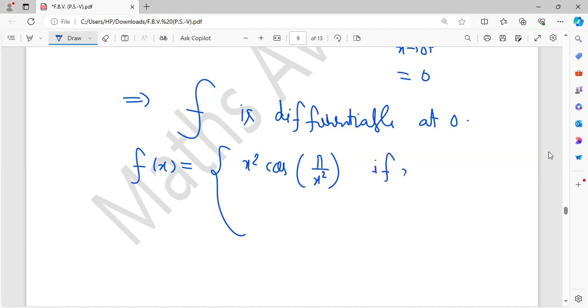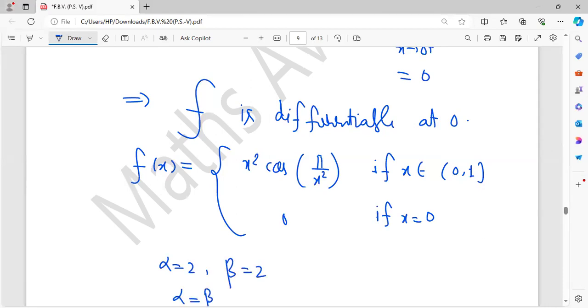If x belongs to (0, 1] and 0 if x is 0. So what is alpha here? Alpha is 2. Beta is also 2. And alpha is equal to beta. By question 3,